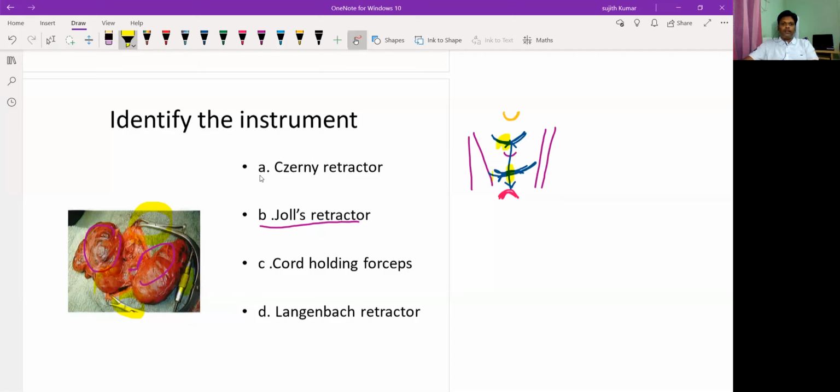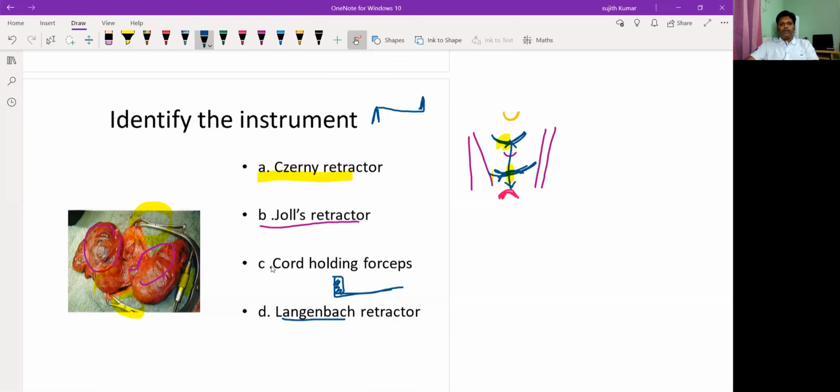What are the other retractors here? I told about this Sescherny retractor. Sescherny retractor is an S-shaped retractor. It will be like this. On one side you will have the solid blade, on the other side you will have the two flanks. This is ideally useful in all cases of hernia and appendectomy surgery. Similarly, Langenberg retractor is L-shaped. You will have the flat blade on one side, and the handle. This is also useful in both appendectomy and hernia surgeries and all these types of general surgery.